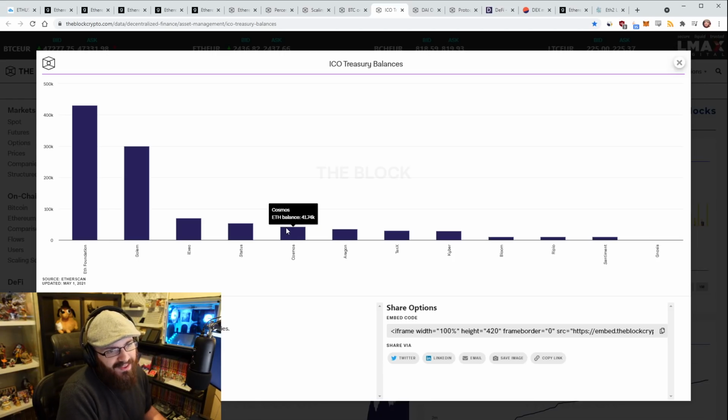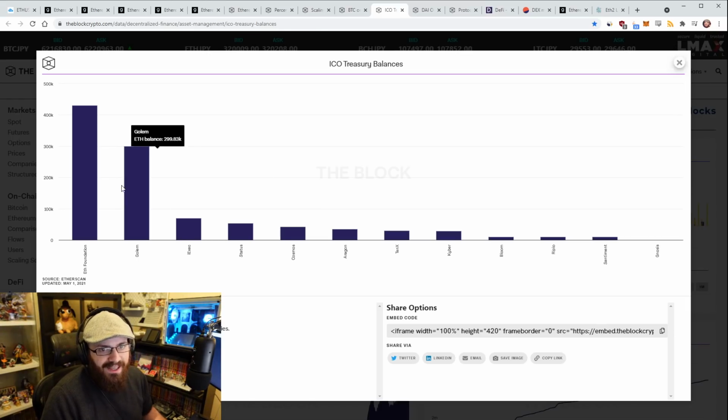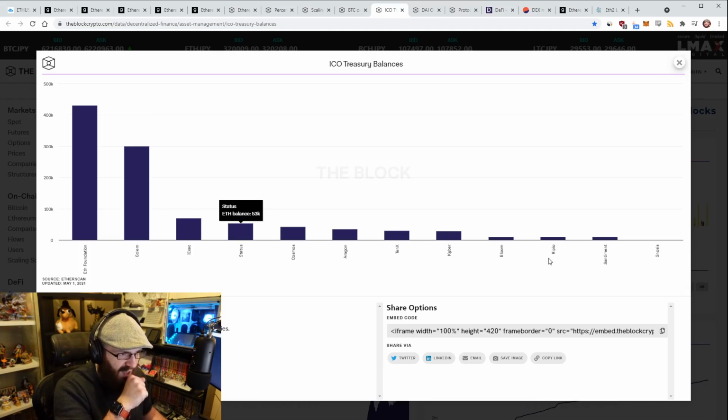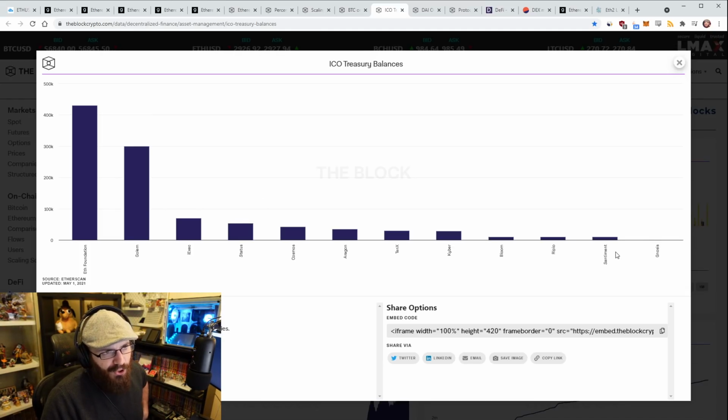And I think at this point, every one of these treasuries that wanted to just dump their ETH has done so already. So it's just funny to see it went from tens of millions of ETH in these treasuries to essentially, if you add all these up, probably about 1 million. And if you added Gnosis to it, probably 1.5 million, I guess. So not much at all.